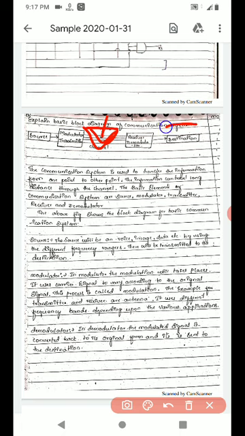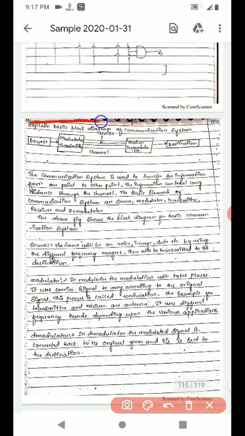And the last part is the destination. Here we will receive the signals from one part to another part. That is the destination part. Okay, this is about the overall block diagram of the communication system. You have to remember this. If they ask in the exam to explain the basic block diagram of communication system, you have to draw the diagram and mention each element and the working of each element.